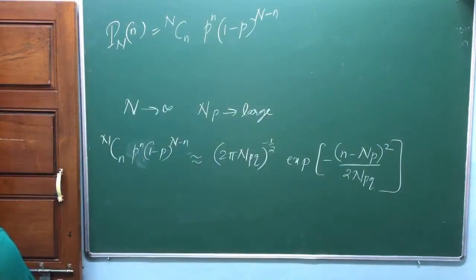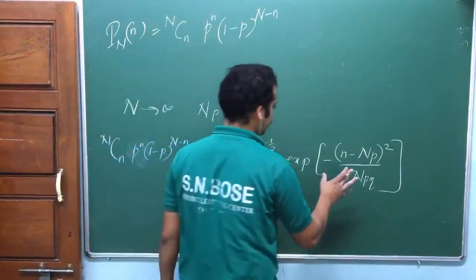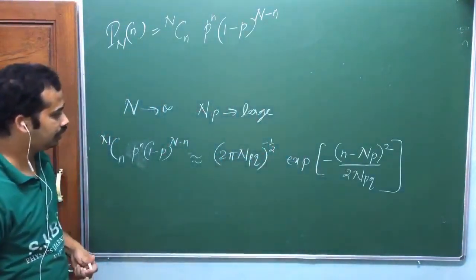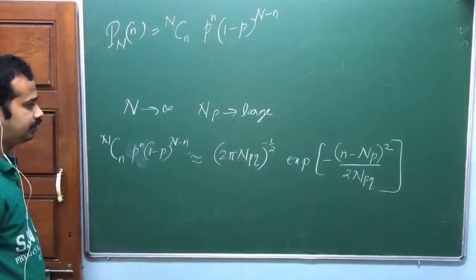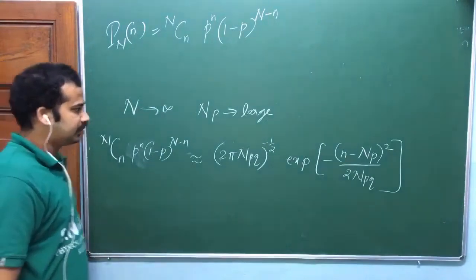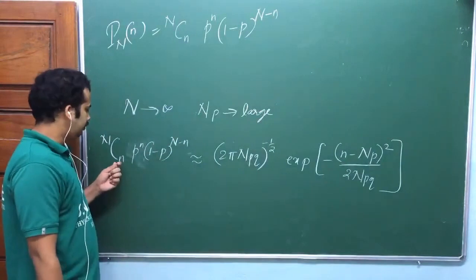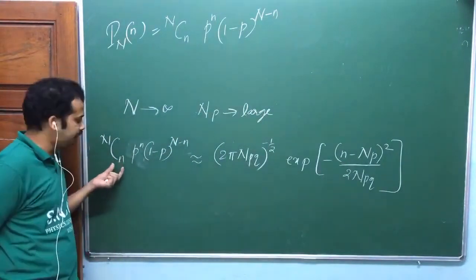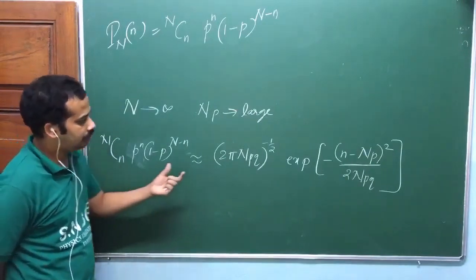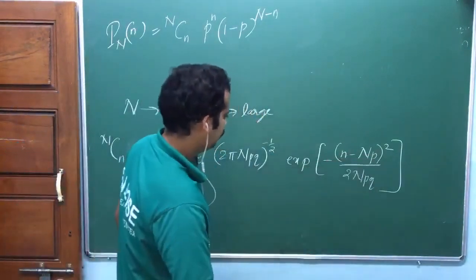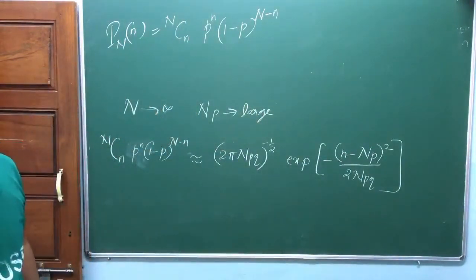We better make some substitution. What substitution can we make? Because, look at here, this is a kind of continuous distribution now. You have to make it a continuous distribution. How can I make it? N minus n into p is actually a continuous function of n. This was discrete, am I right? You have to define this one for integer values, n equal to 0, 1, 2, 3 and so on up to N. But you can define this one for any n actually. So that's why I better make it a distribution.